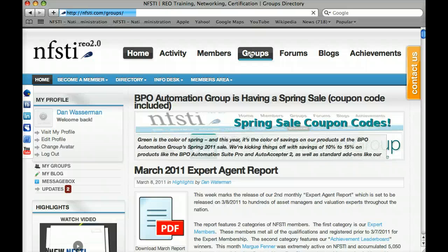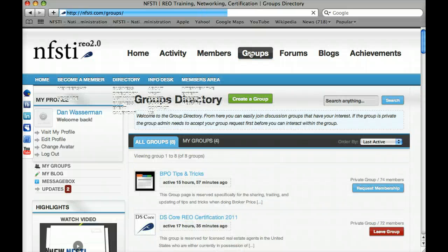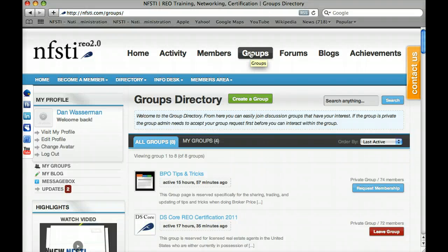The purpose for these groups is to help segment the entire content of the website. If we were to put all of the content about default servicing into one page, it would be quite overwhelming and not necessarily impossible to navigate, but it would be very difficult and time consuming. The importance of a good website when it comes to sharing content is to pare it down to manageable